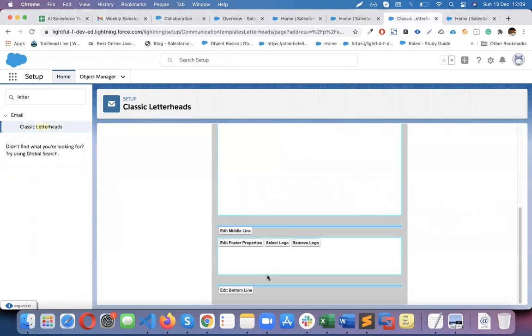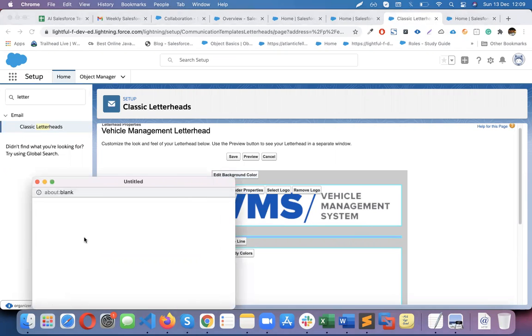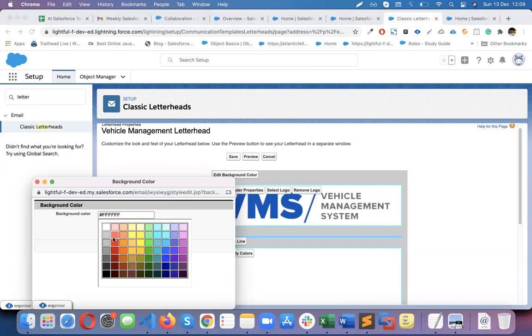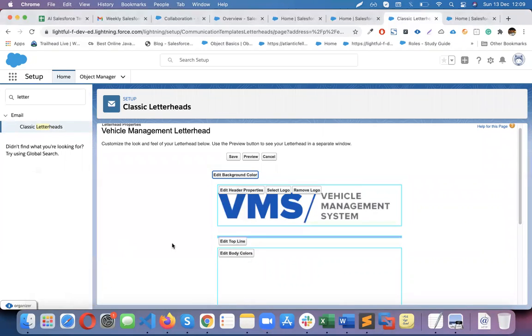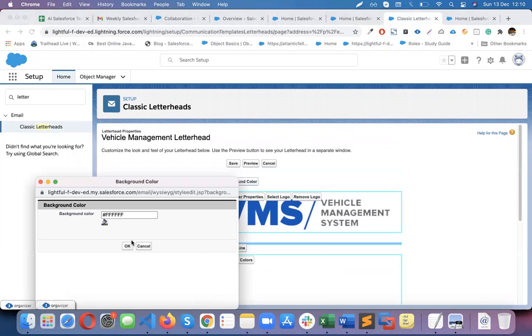Same way, you can put the footer. You can design the footer with the signatures or maybe with the links or something, a nice footer, you can design it and then put it over here. And also the color, if you want to change the border or background colors, you can change the background color using the color palette. See, you'll see the plain colors.